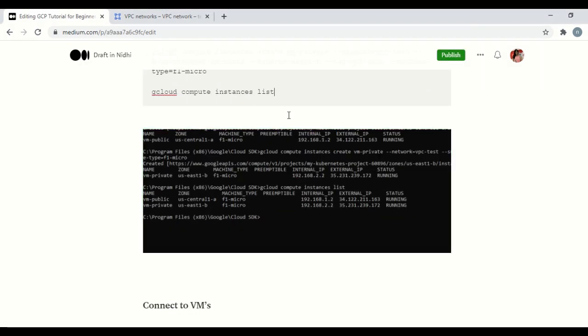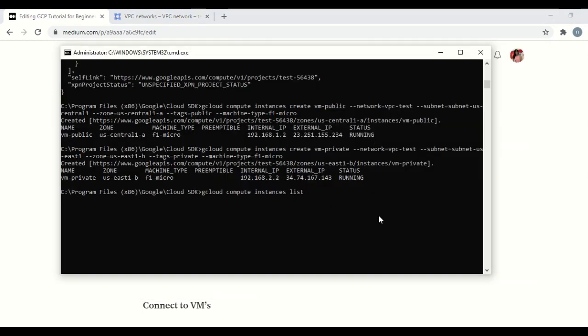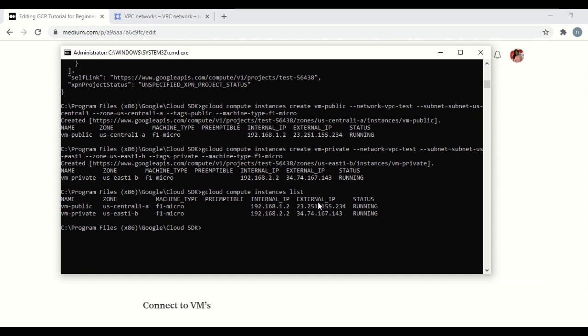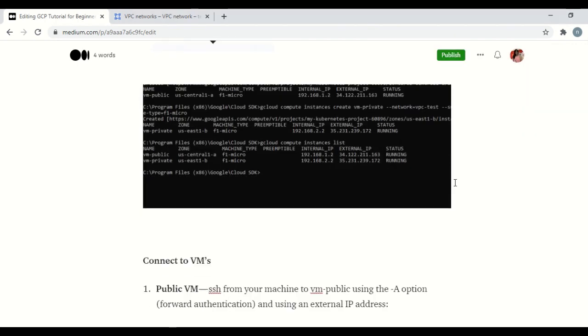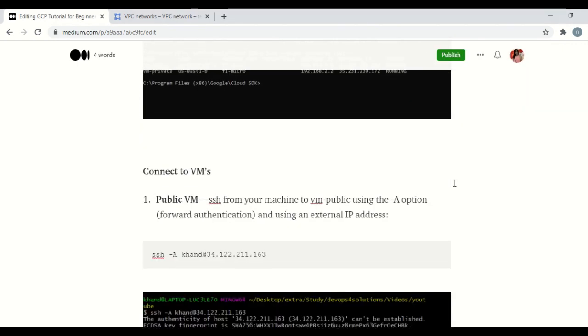We can see our instance list using this command, gcloud compute instances list. List is the command that you can use for firewall rules, instances, networks, everything. Here you can see the names of the instances, the zone, machine type, internal IP, external IP, and the status is running. Now we'll see how we can connect.